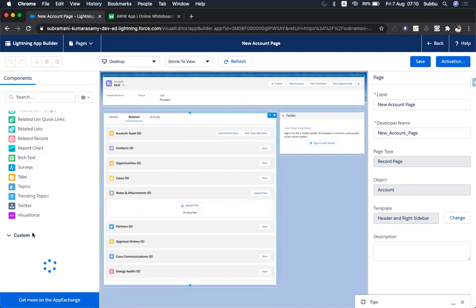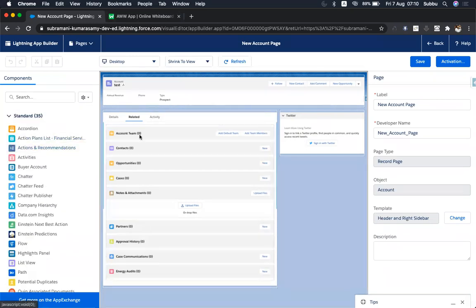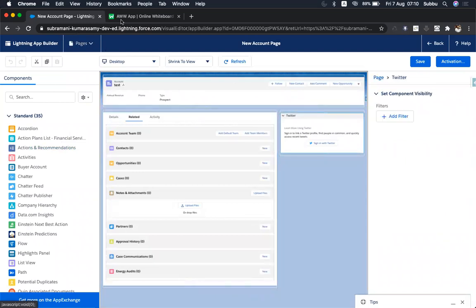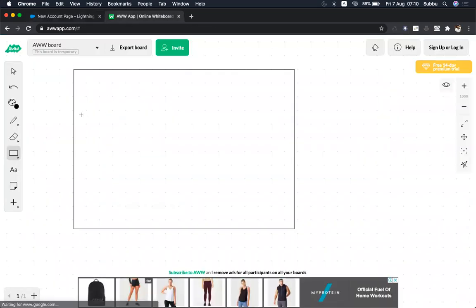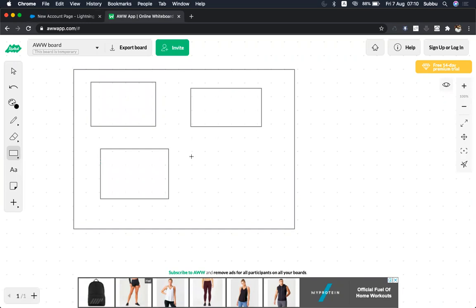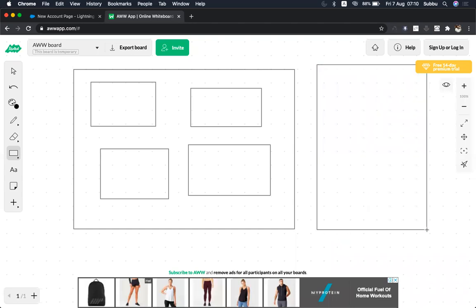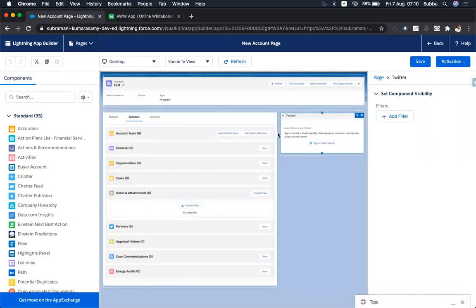So you can easily drag and drop it to the page, and all the features in this specific component will be available in the account. These are like containers, so this is the Lightning App Builder page. Inside this, you have all the details in containers, different individual components. But in Classic, it's just one page with all the details embedded on the same screen. Here these are different screens. If you want to remove this, you can remove it. If you want to add anything, you can add. You can customize the screen also.